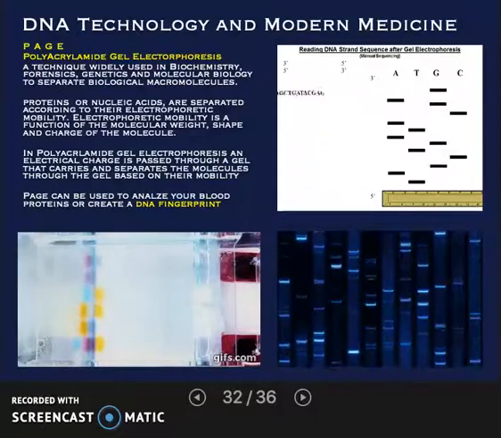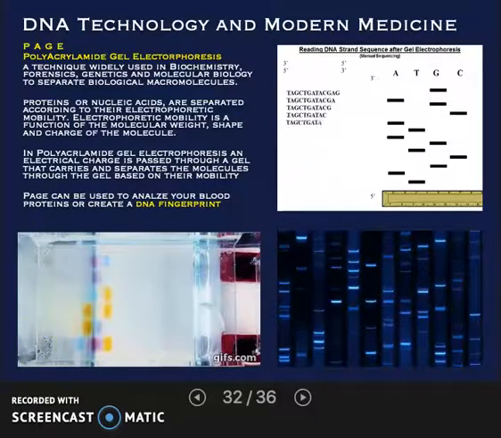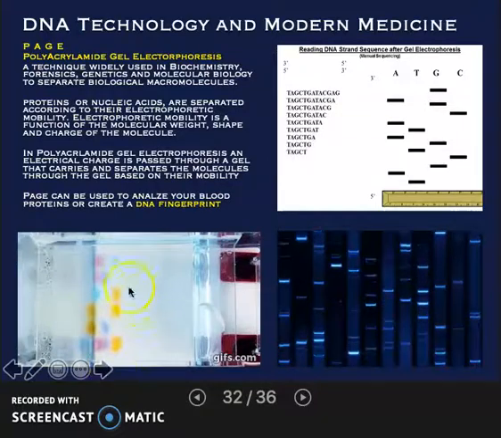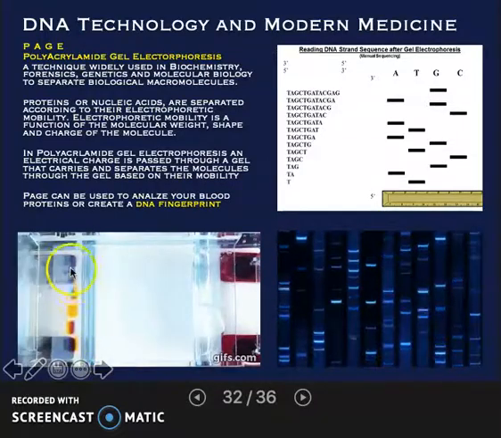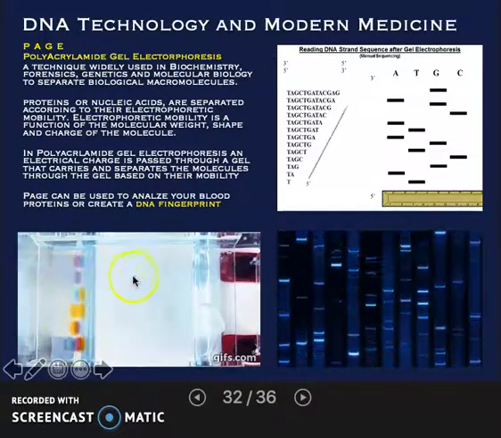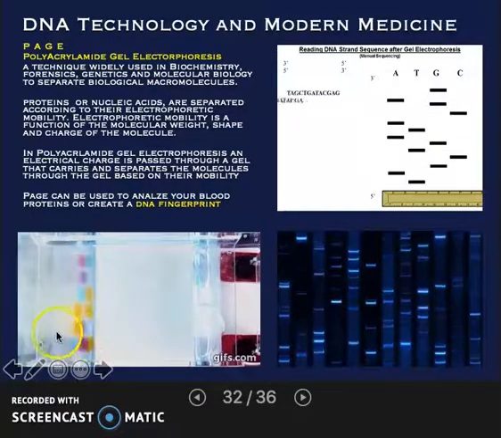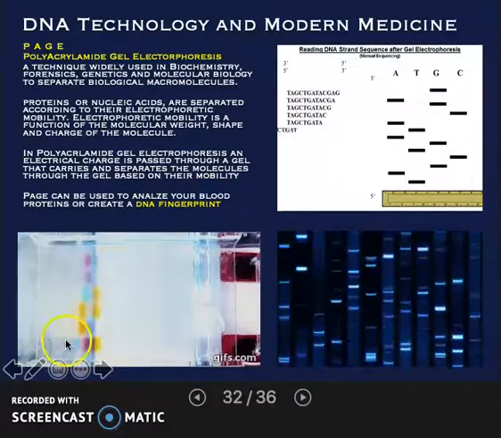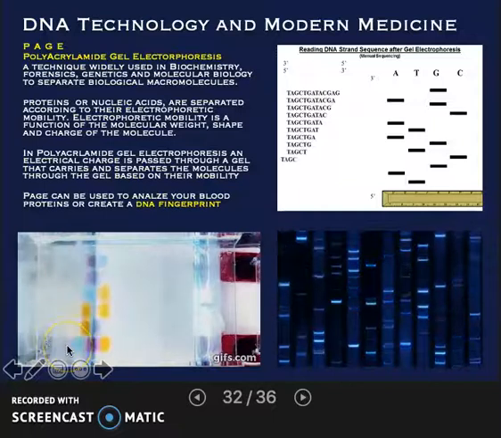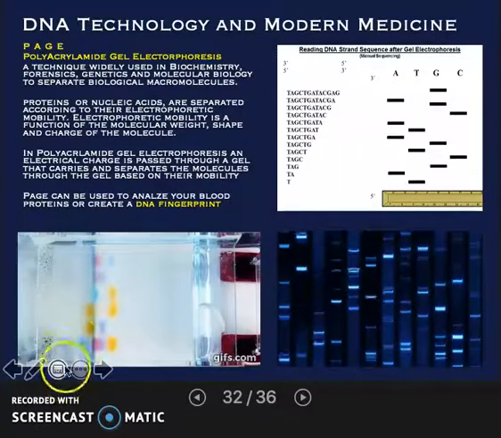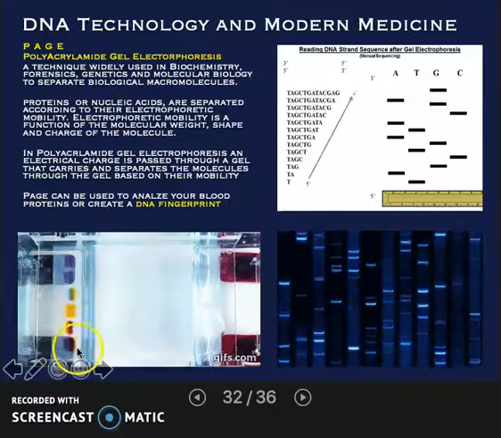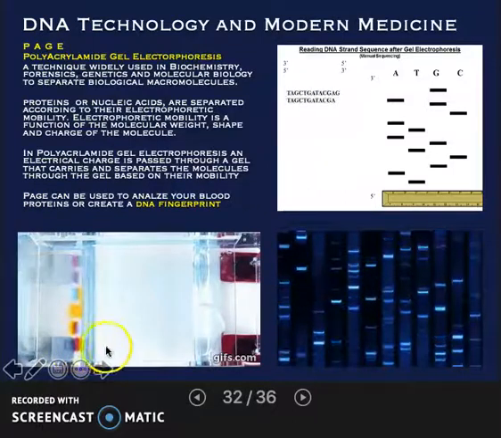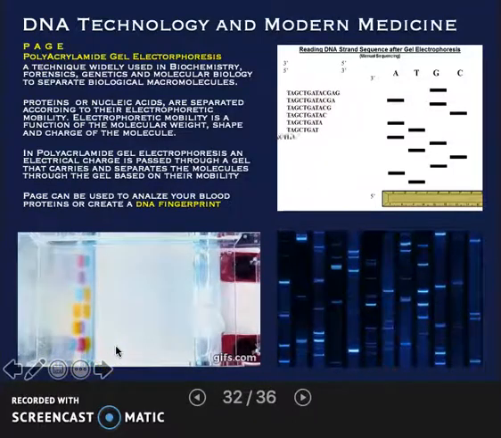If you look down at the bottom, just below the print here, you can see gel electrophoresis in process. You load the samples here, and then you put an electrical field through here, and it separates whatever you put in the wells here. So there are little holes where you put your sample in. And as these samples move through, they get differentiated.